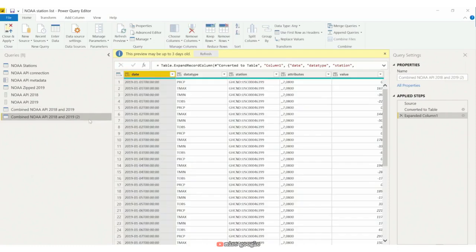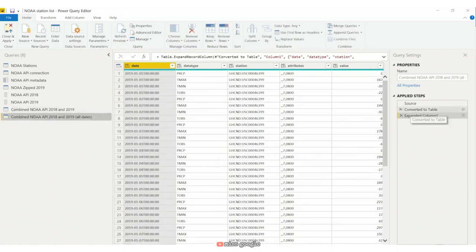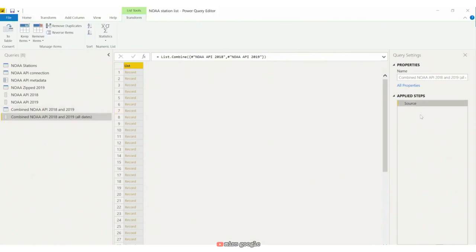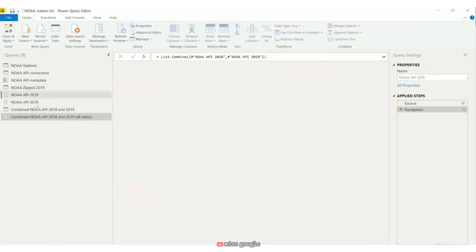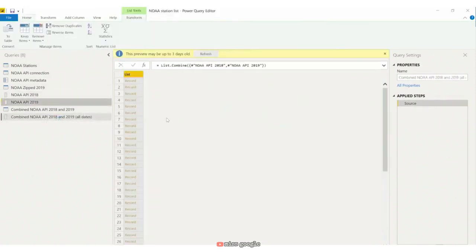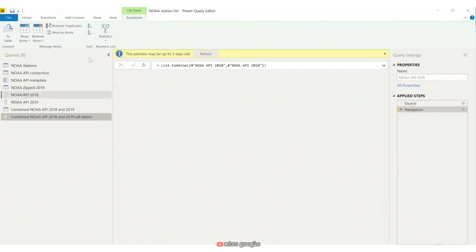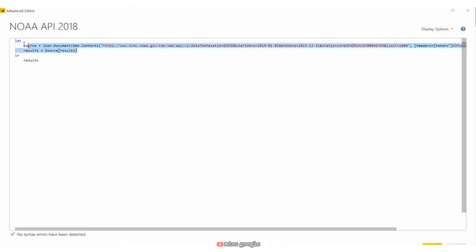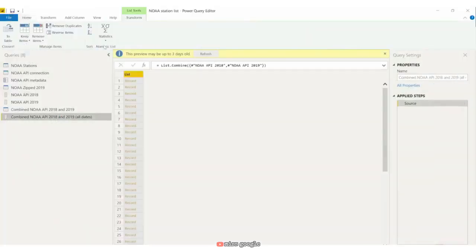I duplicate the query and rename it All Dates. So now what I'm going to do is again eliminate this so we're left with the list object. And instead of referencing these other list objects, I'm going to put the list objects inside this query. So I need to go first to 2018, and I'm going to copy the steps inside this query. Then go to